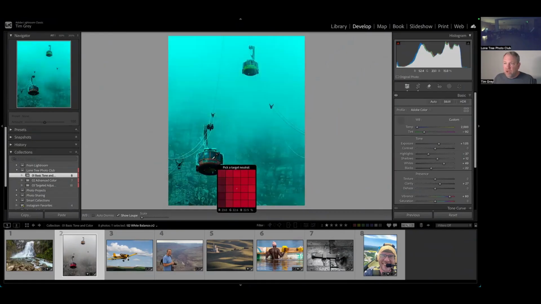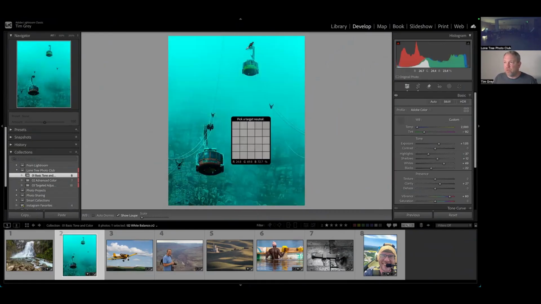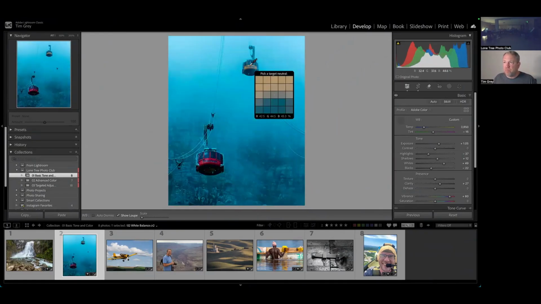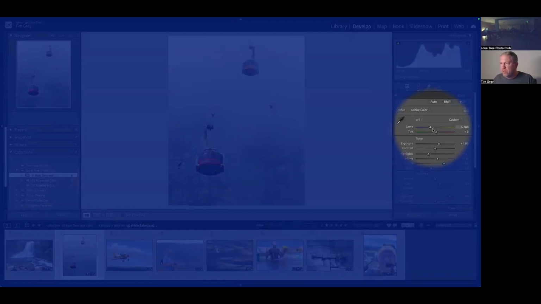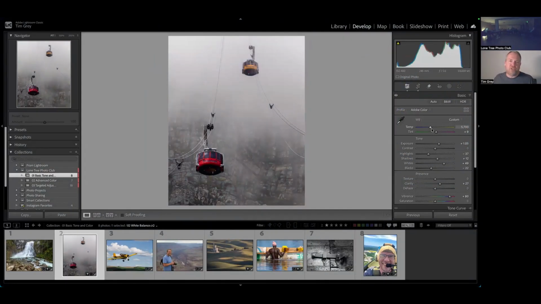And so again, I could click on an area, click on something red and we shift towards cyan, the opposite. Click on something that's yellow, we shift toward blue. Click on something that's gray and we go toward gray. There's certainly situations where it works pretty well, but my feeling is we're always going to want to fine tune the overall temperature and tint, so why not just start there? That's my feeling. Temperature allows us to shift between blue and yellow, so cool versus warm. Tint is green versus magenta, which actually is based on how the human visual system works, also the lab